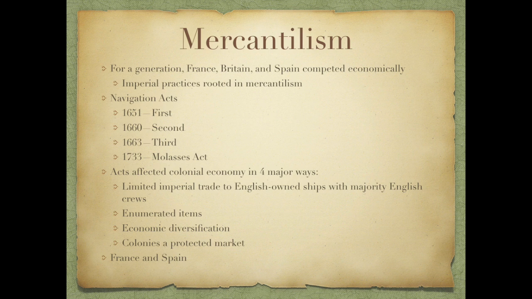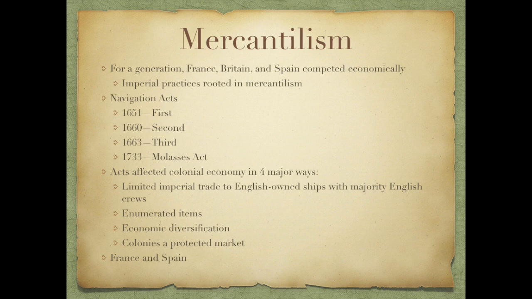If, for example, American colonists wanted to buy Dutch tea, the tea would first have to be sent to England. Customs would be paid in England, and then it would be moved to English ships, shipped to the colonies, and the colonists would buy the Dutch tea from English merchants, or English suppliers, really. A fourth act, known as the Molasses Act, was added, which taxed foreign molasses, and that was aimed specifically at protecting the British West Indian sugar plantations and sugar industry against French rivals also in the West Indies.